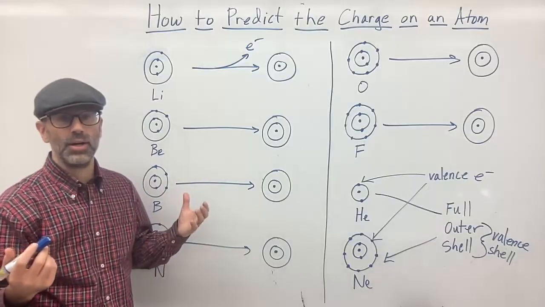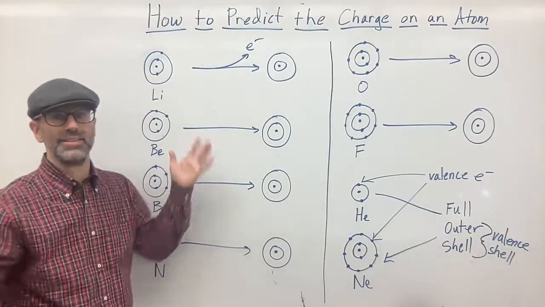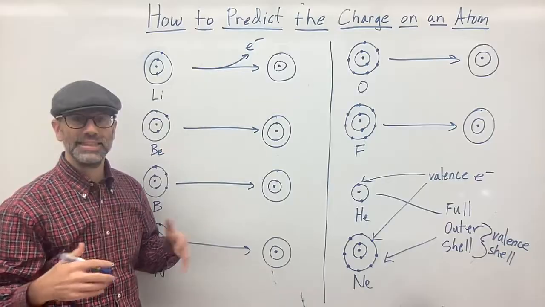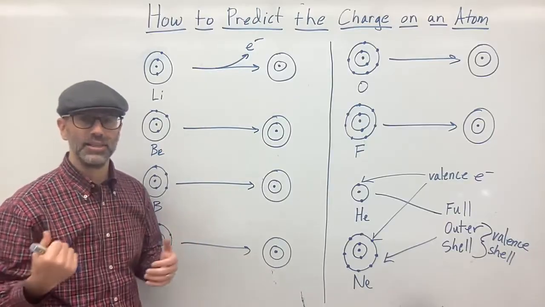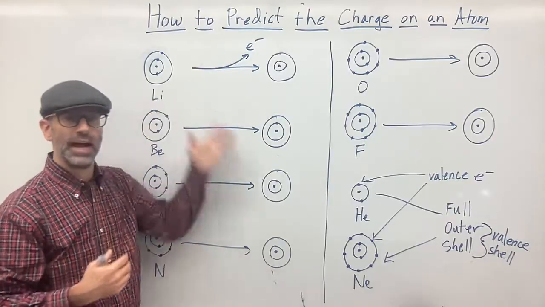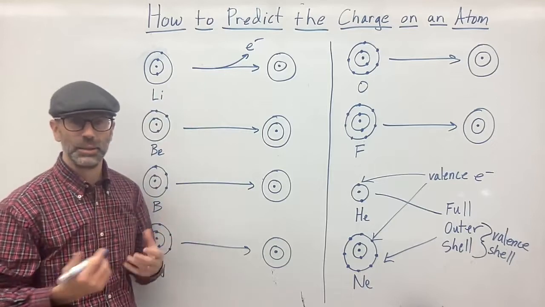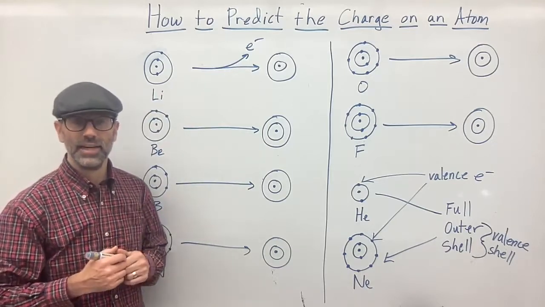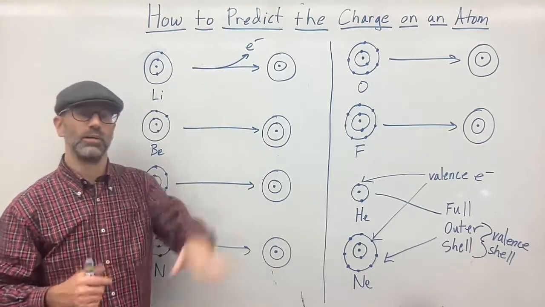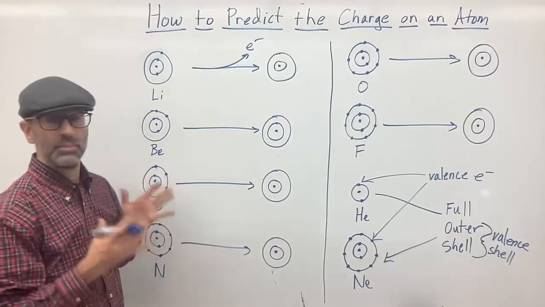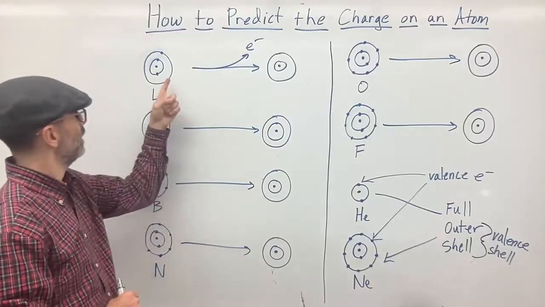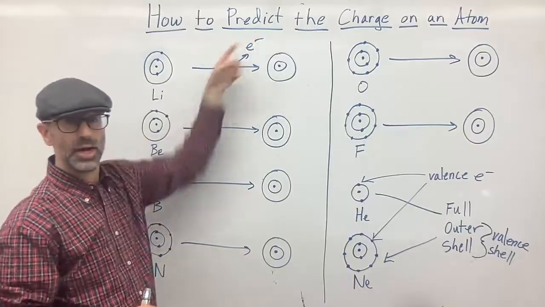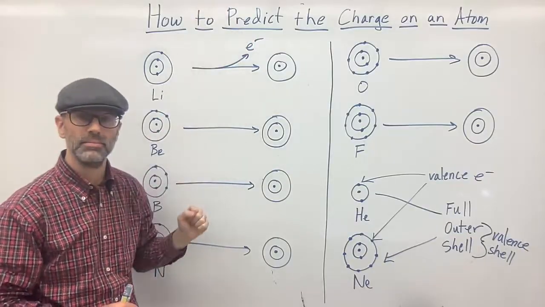Now, of course, that 1 electron doesn't just go out into space. Actually, it needs something else to take that electron away, right? So we're not going to get into that. That gets into ionic bonding and all that stuff, or covalent bonding, which that'll come later. But right now, the important thing to notice is that lithium is going to lose an electron to another atom,